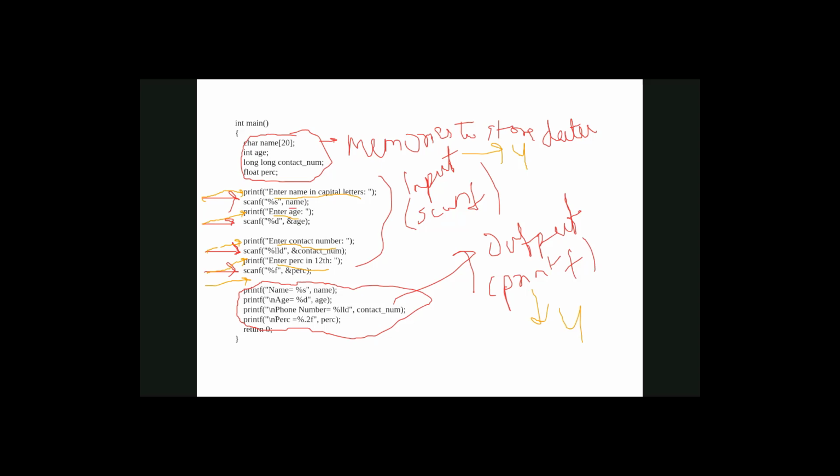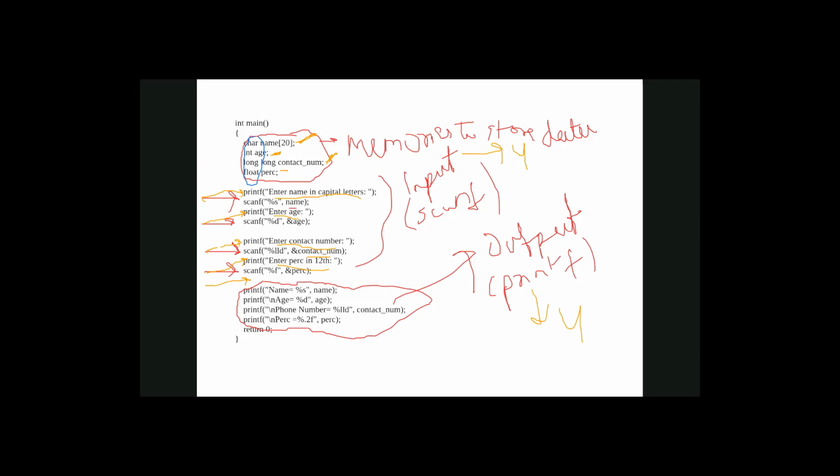There is a memory, this one, name 20, which is used to store your name. And if I'm saying enter age, there is a memory age to store your age. And similarly for contact number, there is a memory contact number, and this is that memory. And for percentage, this is the memory. These are the memory types. So memories can be